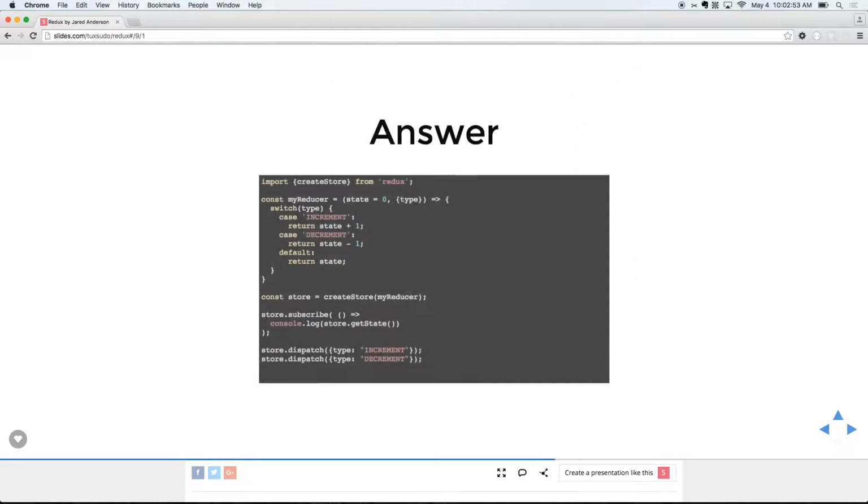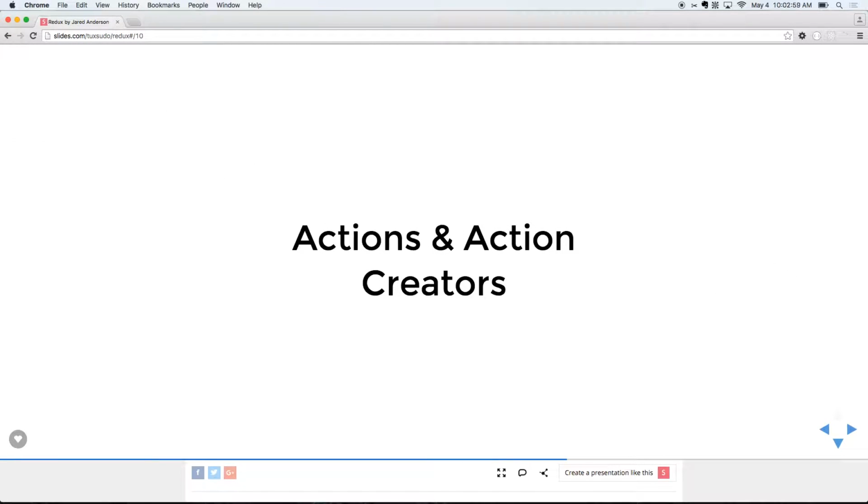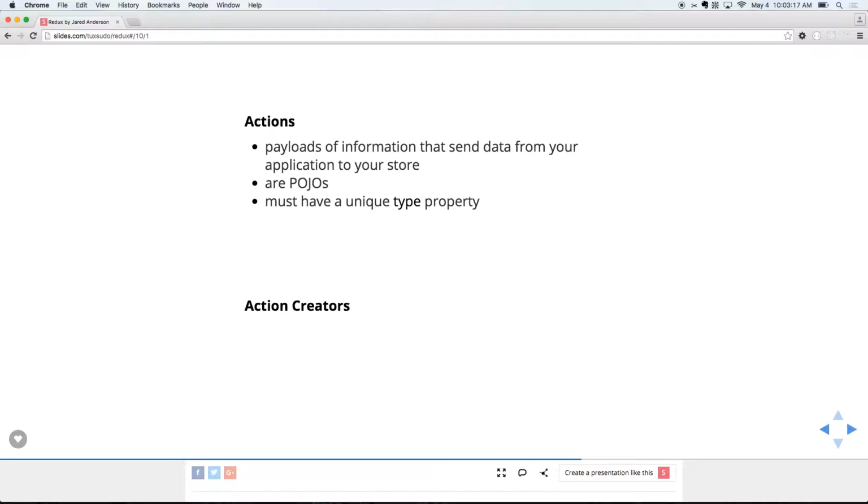Okay. So here's the short version of what we just created. Let's look at those actions and then a new concept called action creators. We know what an action is. It's just a plain old JavaScript object, a payload of information sent from your application to your store. They should have a unique type property, unless you know what you're doing. And depending on the action, they can be accompanied by a minimal amount of data, the minimal amount required to make the calculation that you need to produce